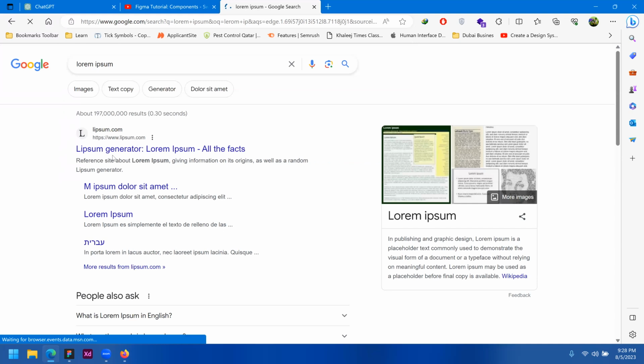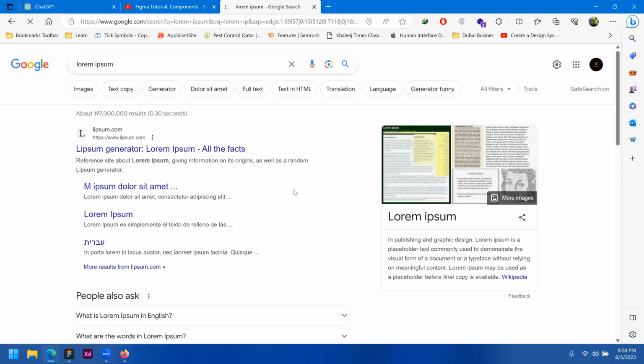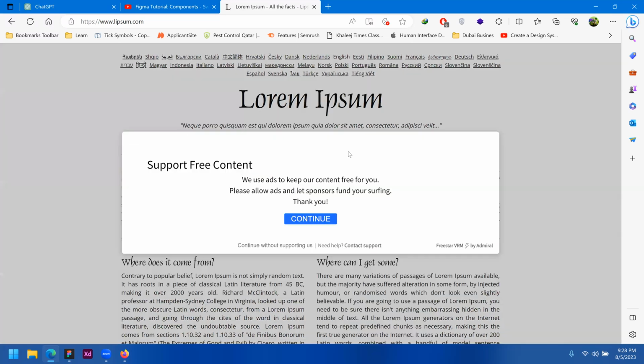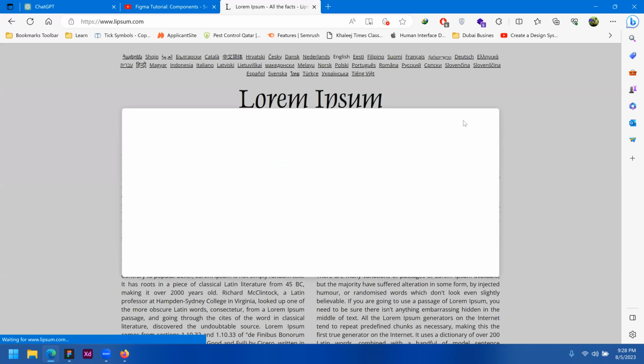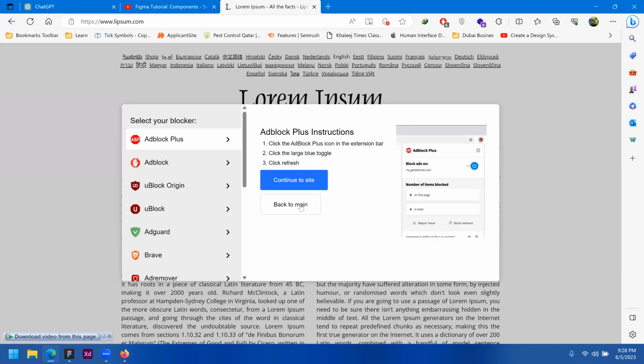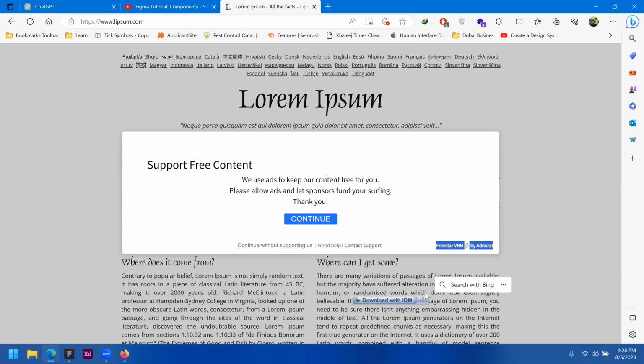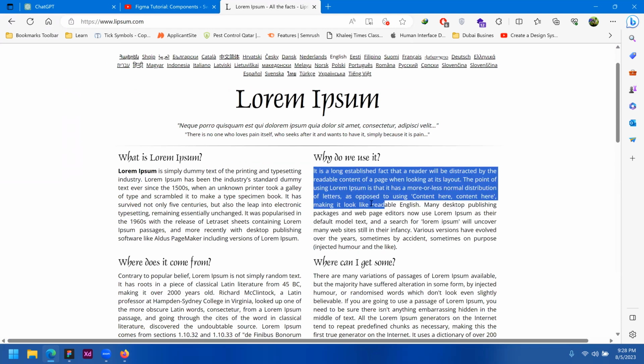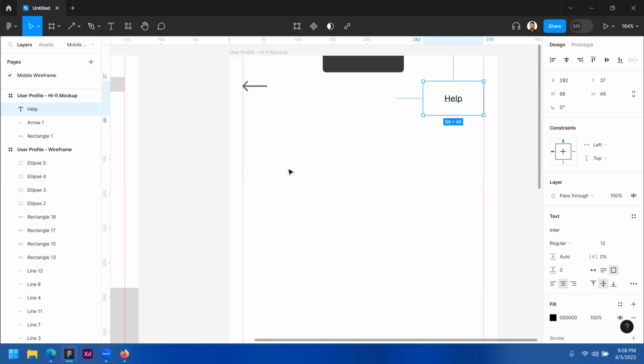Whenever you are working on a website, sometimes you are unable to find any content. So at that time you can use this. I can skip the rest. So I can copy the content from here. I'm copying it, and I'm going to place it here. For example, I will choose this,